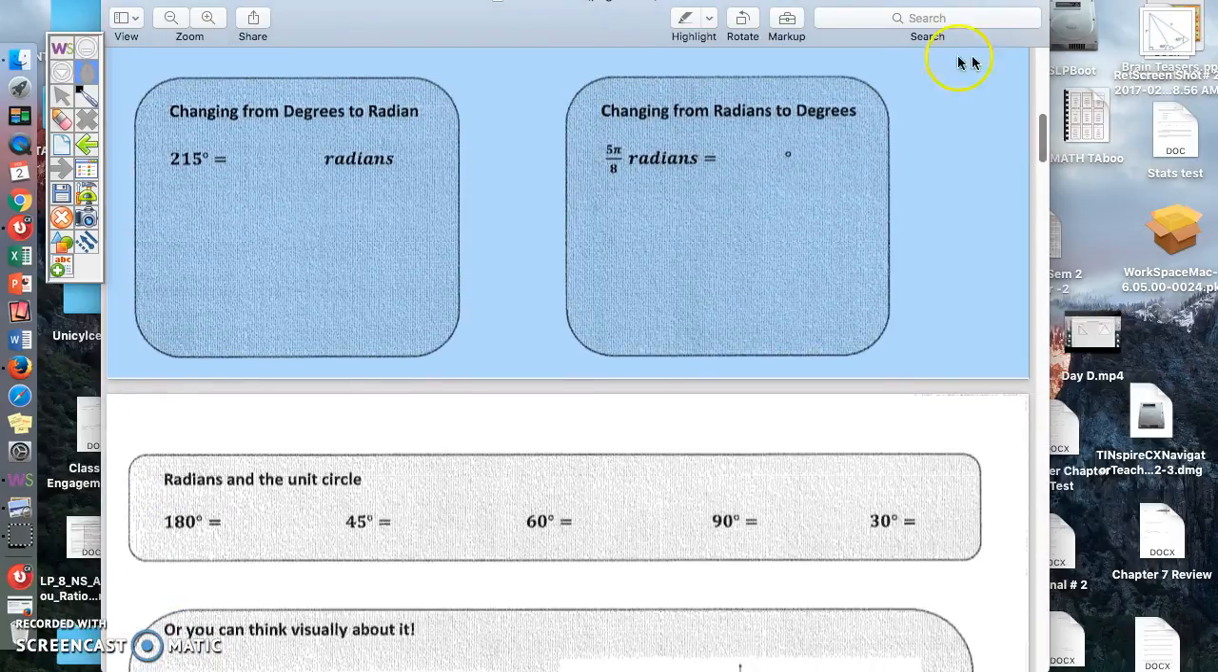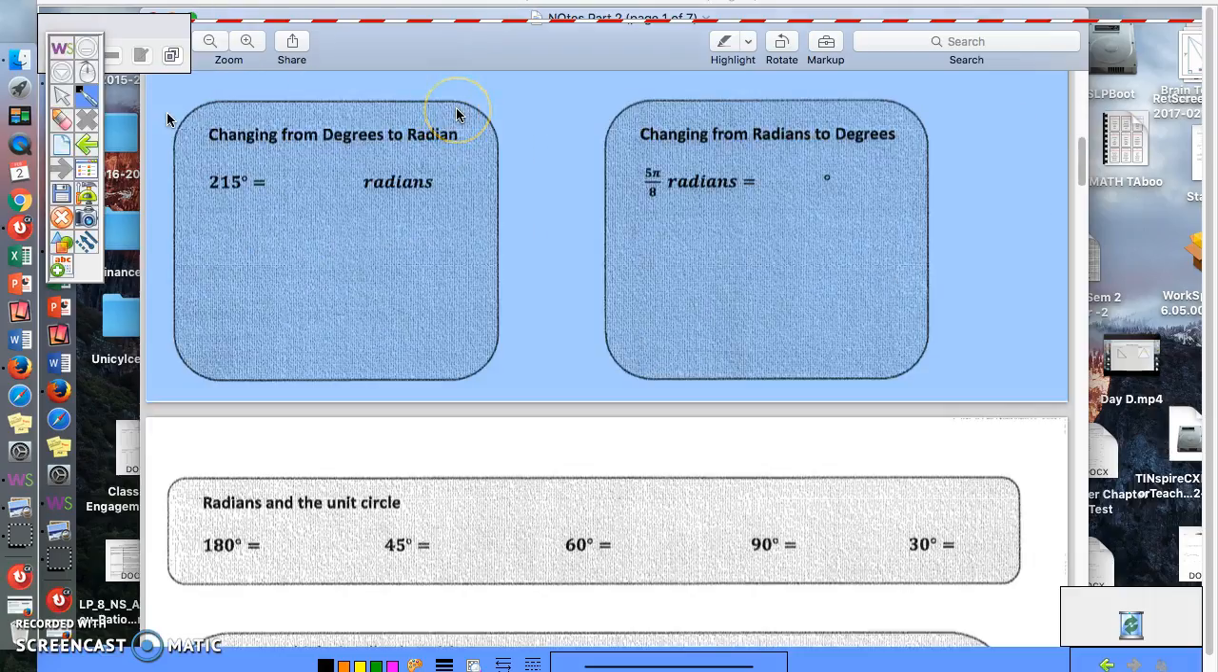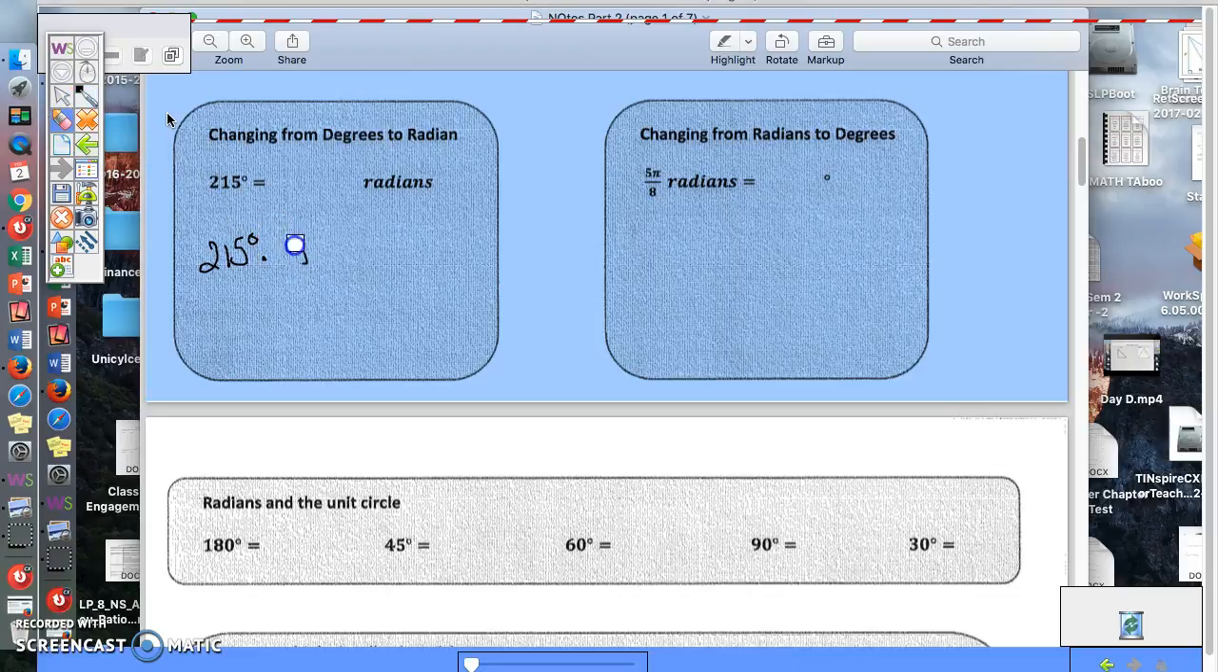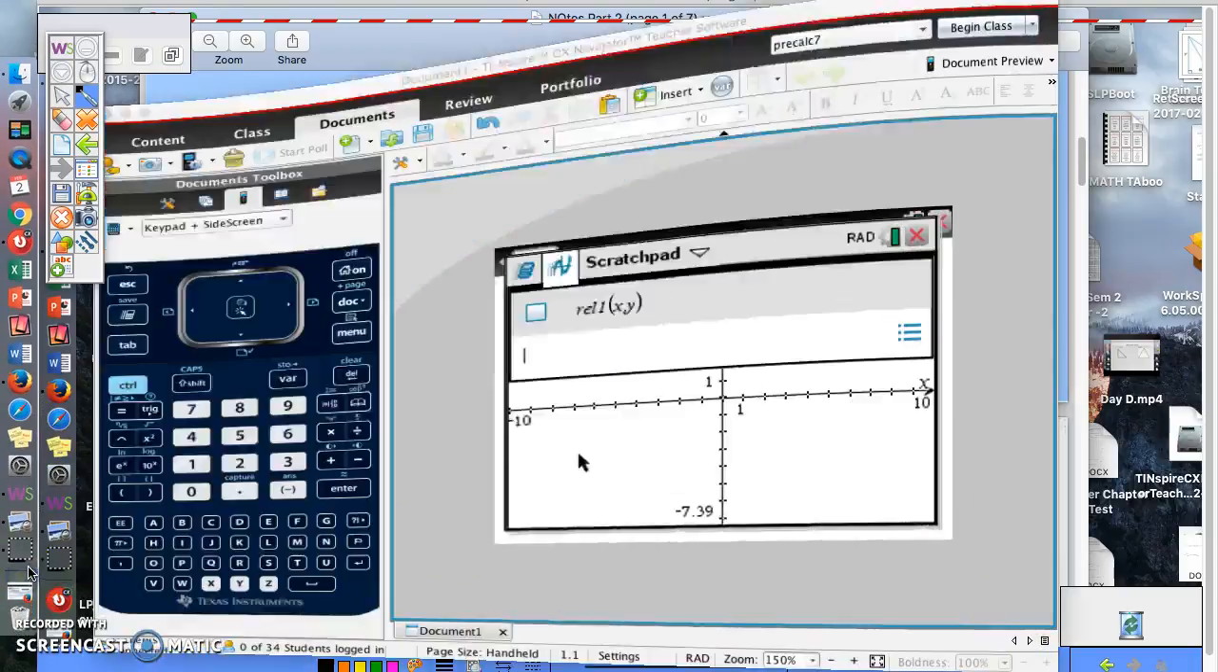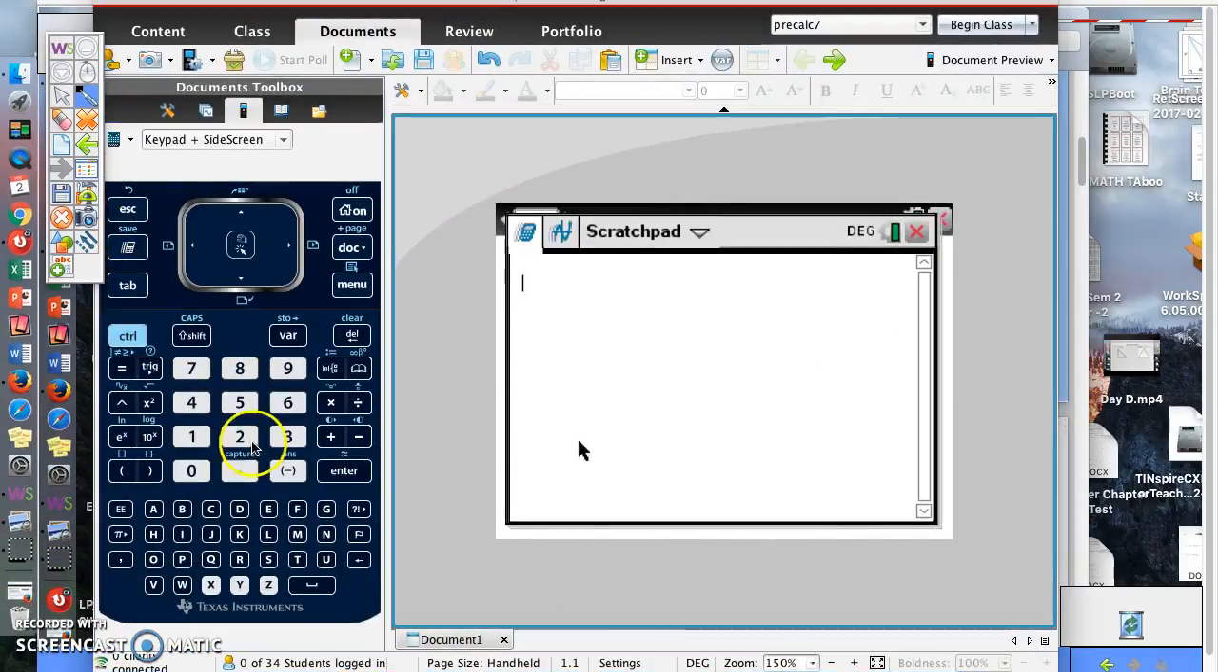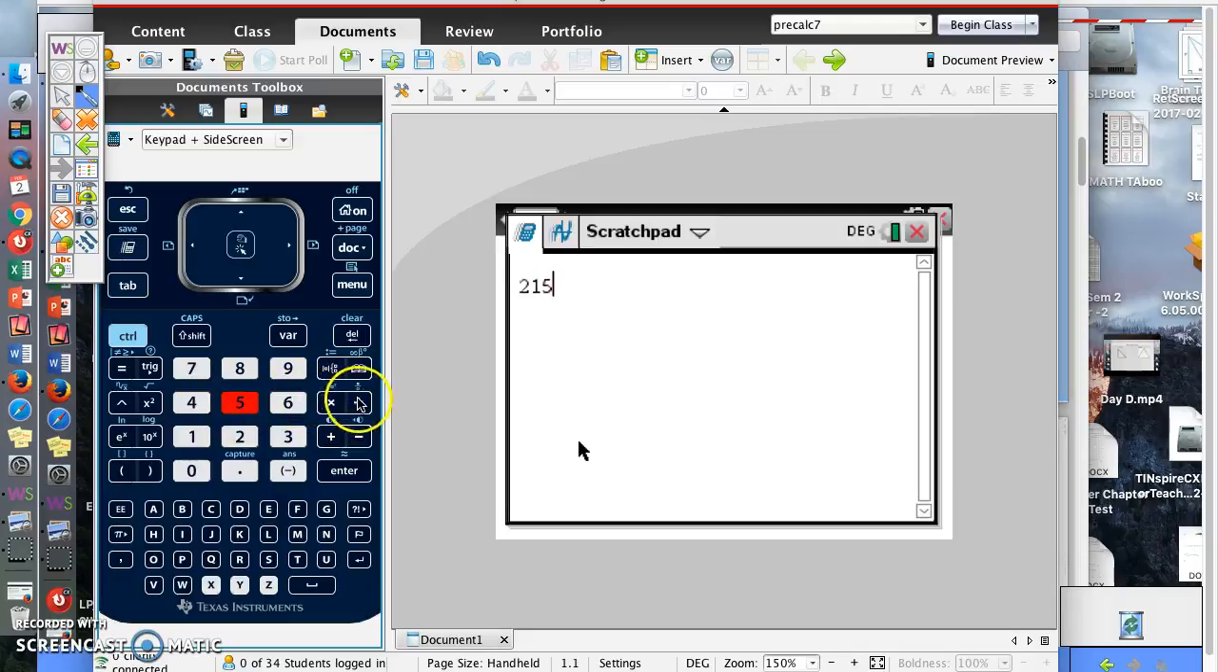Now, converting back and forth, changing degrees to radians, we're going to use kind of like what you did in chemistry, I believe. If we have 215 degrees, we're going to multiply by the number 1, but in radians and degrees. We have our fraction here. We want to get rid of degrees, so we put that on the bottom, and we know the equivalent is pi radians. So if we plug that into our calculator, 215, and I'm going to leave it in terms of pi, divided by 180,